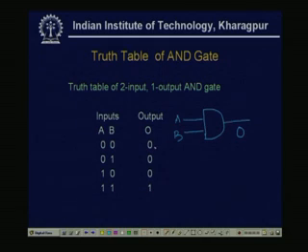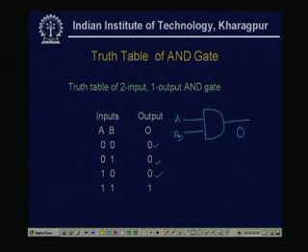So, this is the first value. Now, if A is 0, but B is 1, that means, remember, one switch is disconnected, and in this case again the output will be 0. Similar thing happens for the third case, and only the output will be 1 when both the inputs are 1,